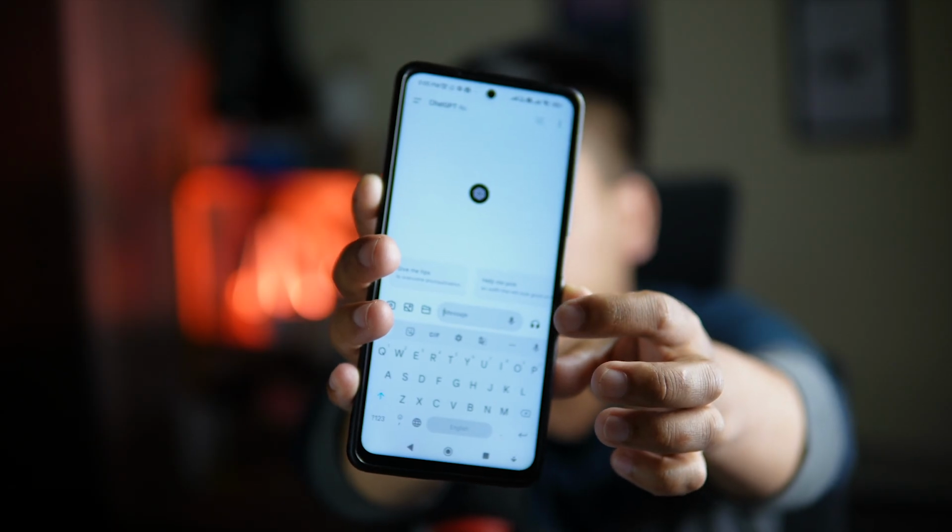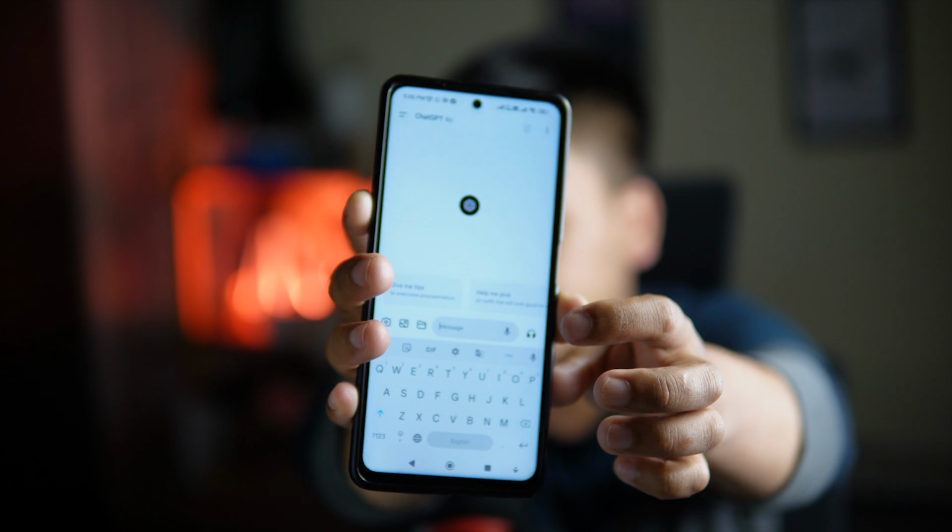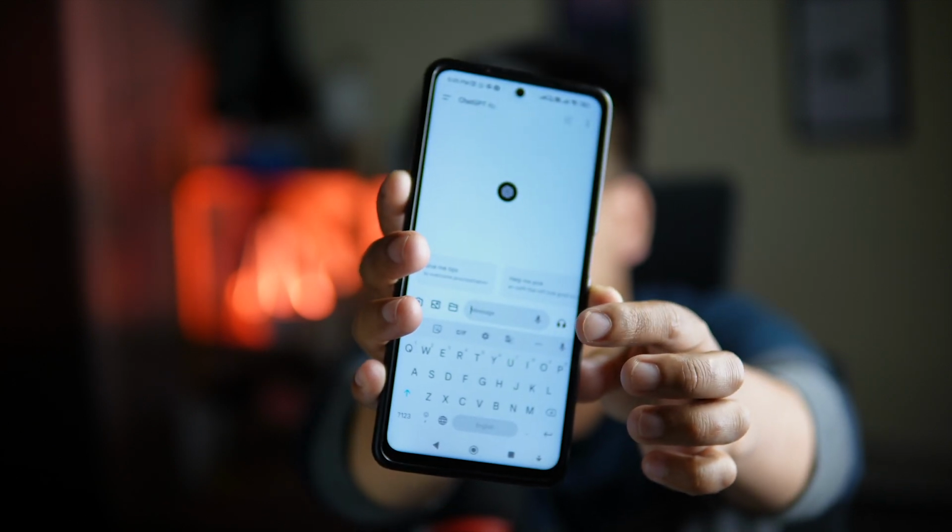Here is the app version of ChatGPT. You can click on this microphone icon to start talking to it. Let me show you one now. I can say something like, I'm recording a YouTube video right now explaining ChatGPT and I want you to say